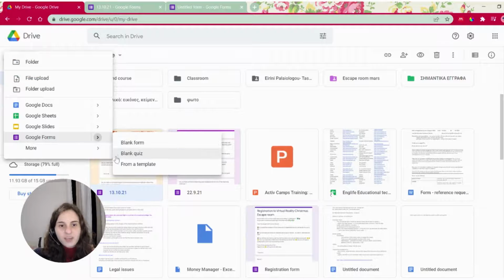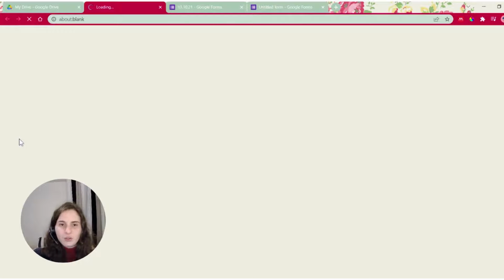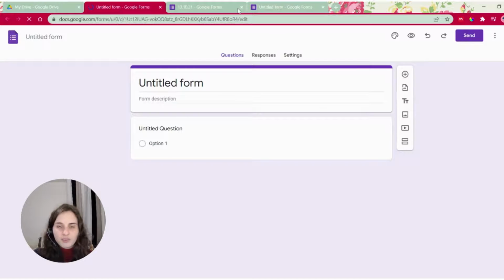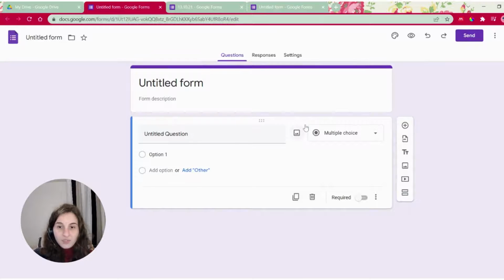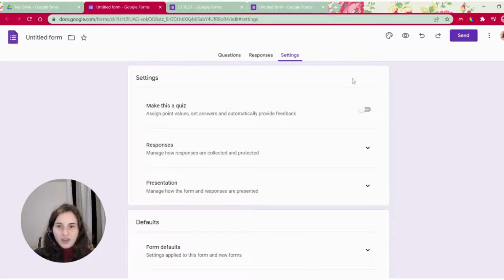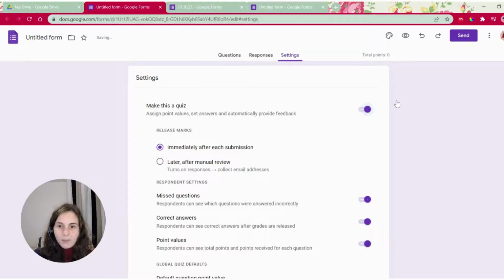So now, we can create a test by clicking here a blank quiz, but let's go to the more traditional way. Maybe you don't remember this thing with the arrow, and we create the simple form. Now this form is giving open-ended questions. You can give any questions you want. If we want to create a quiz, we go to the settings, make a quiz, and now our students